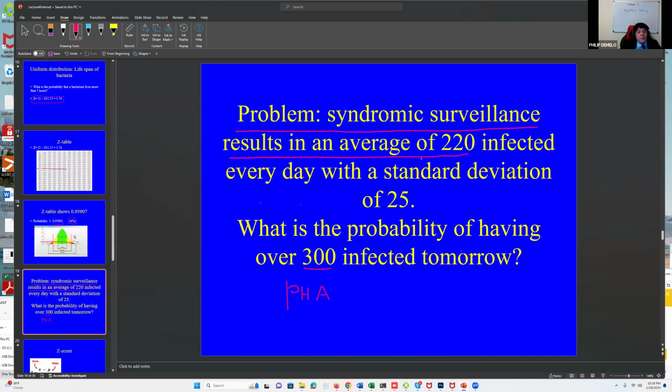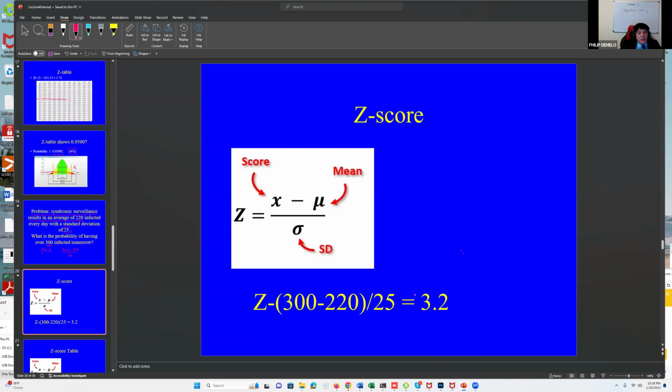So you did this work. It is syndromic surveillance because it is also your data. And you know the mean value, you know the standard deviation. And all you have to do is calculate the Z score. So in this case, it will be 300 minus the mean 220, divided by 25, from our formula. So you will be having over 300 infected tomorrow. Let's see now. When you do this calculation, you have 3.2